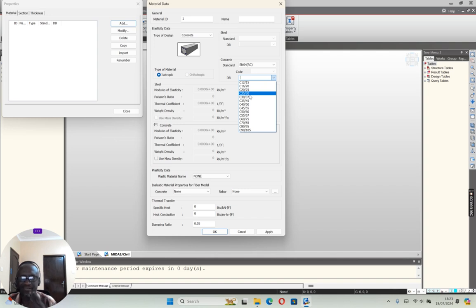Research has discovered that it's good to have a minimum concrete grade of 30. So in this case, I'm adopting a cylinder strength of 30 and